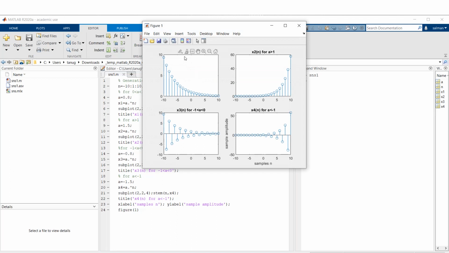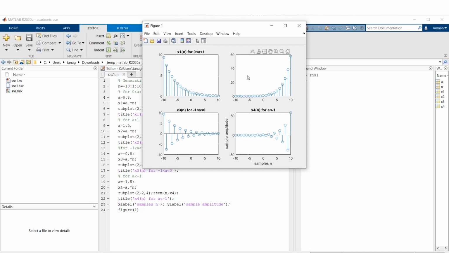So we have plotted all 4 things here. This is my first graph, that is for a between 0 and 1. When a is between 0 and 1, the exponential function will look like this.